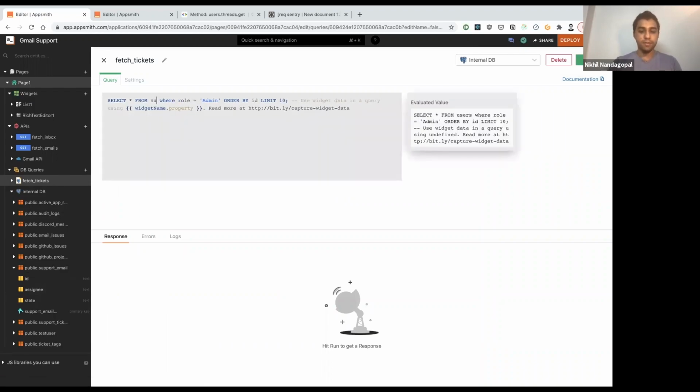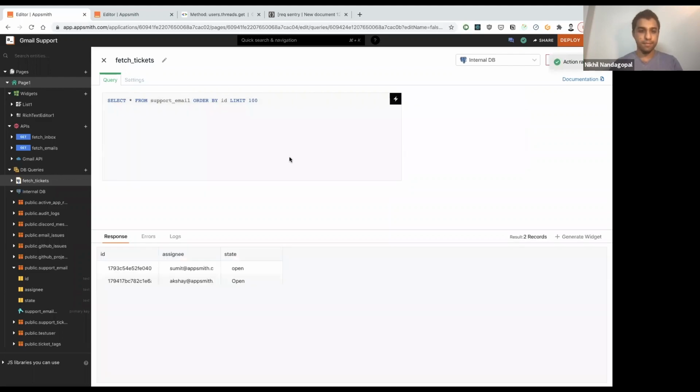Let's fetch from support underscore email, and let's order it by the ID. And we can limit it to 100. Great. So we also have some data in terms of the assignments in our database, and we can pull that